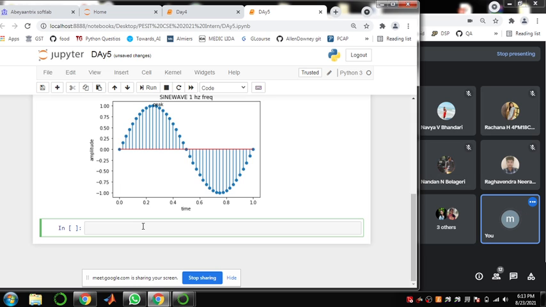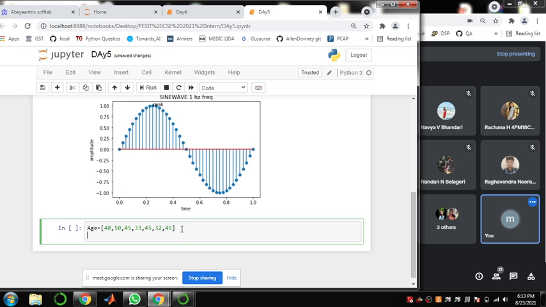I'll take it as age, equal to 40, 50, 45, 33, 45, 32, 45. So these are the ages of a few people, and the corresponding weight.